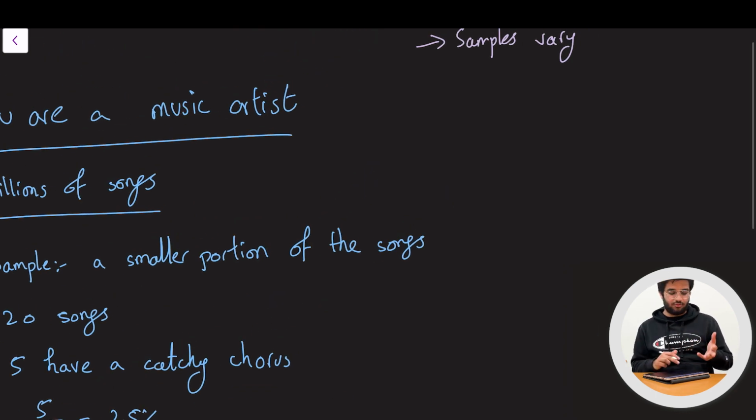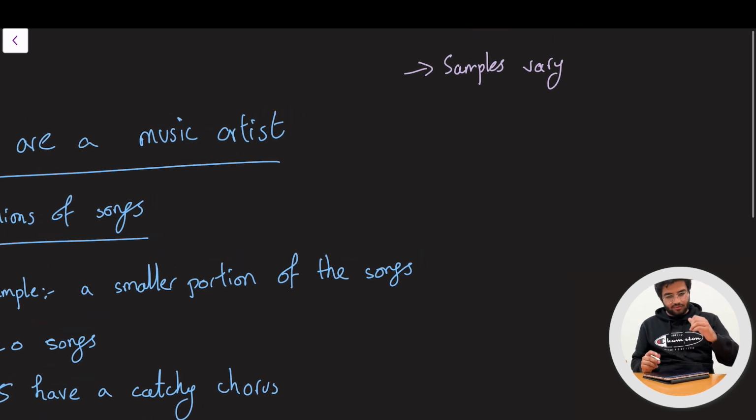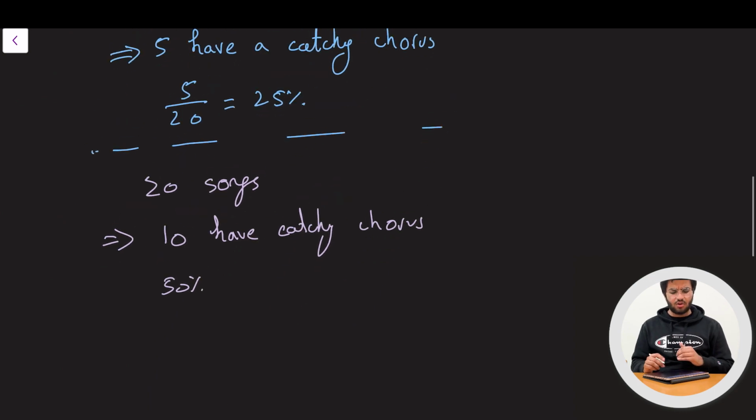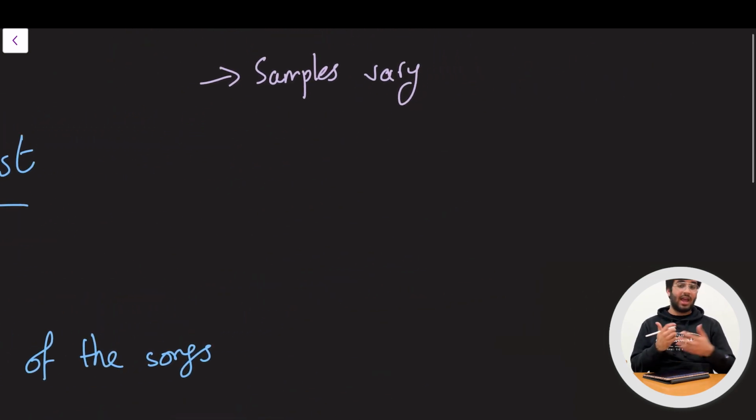But often, for example in this case, it's very infeasible to do that. You can't go ahead and look at every song in the billions. So you have to take a smaller portion, which is what we did. And in taking those portions, they vary. If they are randomly selected, they would vary between each other. Because they vary, it's hard to predict the actual population from them, and that is what we are going to look at now.